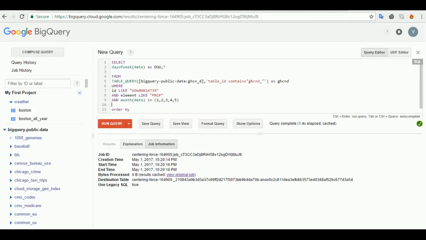So in the BigQuery console, by clicking on the compose query, you would get the query editor where you can enter the SQL standard query. So for my project, I wanted to capture the day of week based on the day field, and what I've done, I got all the